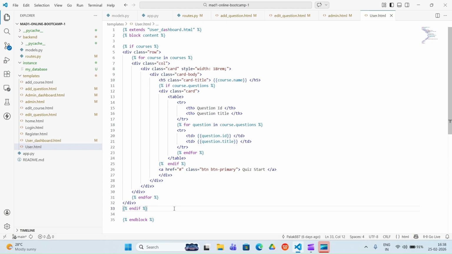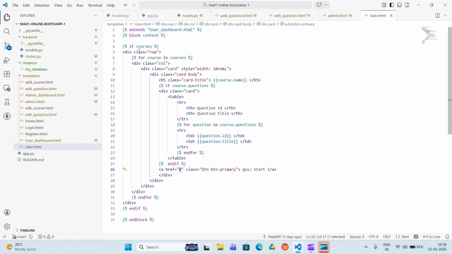Here you can see one button is given, a quiz start, which does not go anywhere now. So we are going to create one route of start quiz, which will check how a user can go and answer the particular question and get the marks for that question.